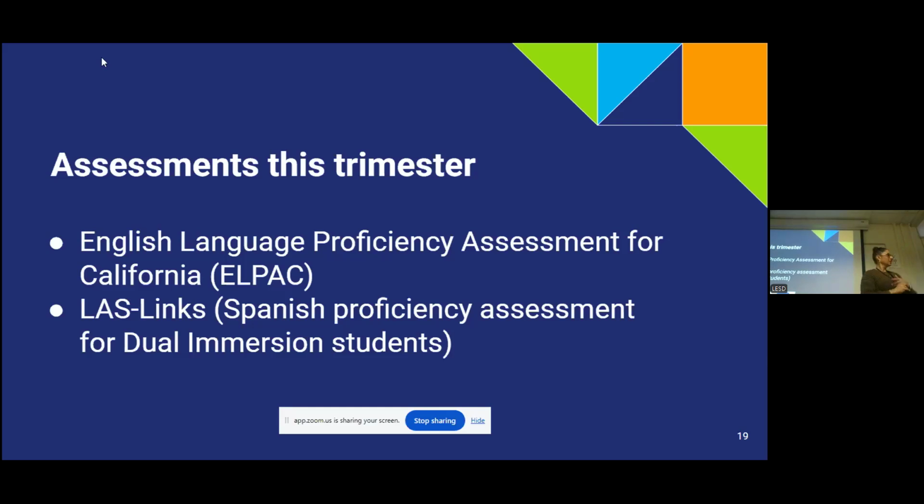When is the LPAC going to start? The LPAC window for the state of California opens February 1st through May 31st. So that's the window that the state of California gives us. However, here in Lawndale, we have an internal calendar where we're starting the first week, February 3rd. And our goal is to be done by spring break, because then our 3rd through 8th grade students take other assessments like the CAASPP and the SBAC.